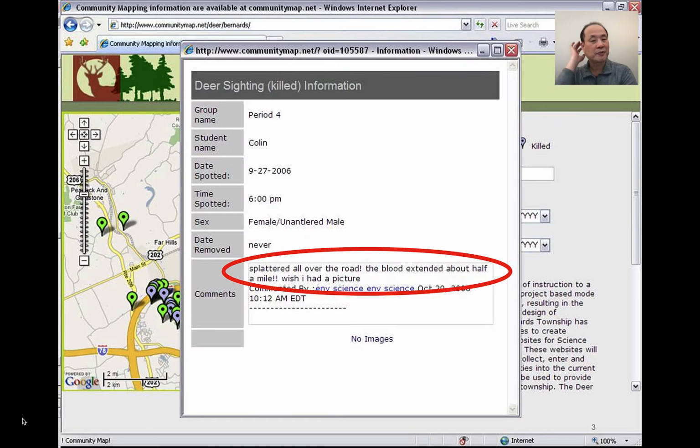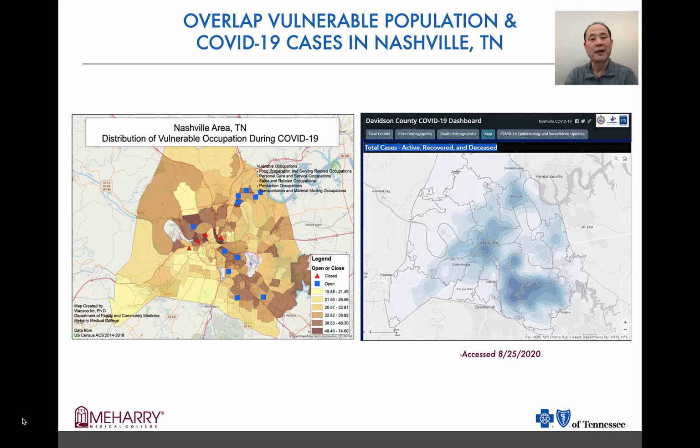This is one example of my students that splattered all over the road. The blood extended about half a mile. I wish I had a picture, right? Now,